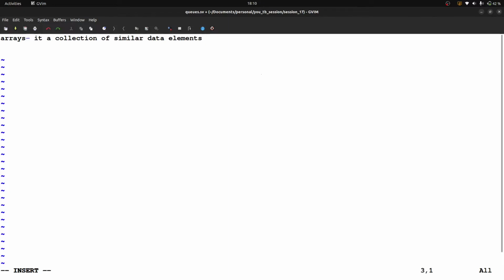So the first method is array locator methods. It can work with any unpacked array.